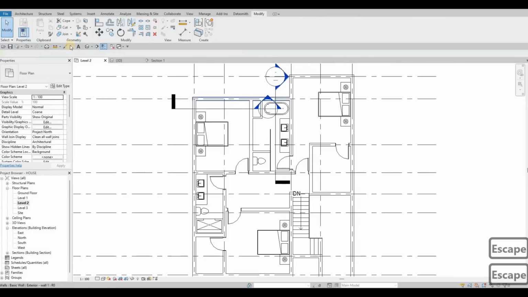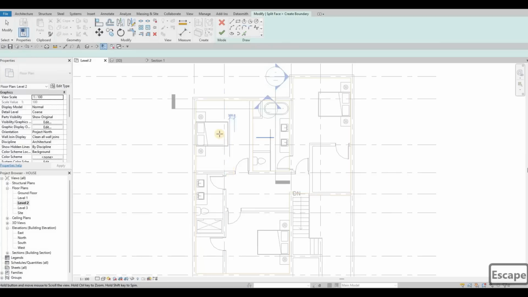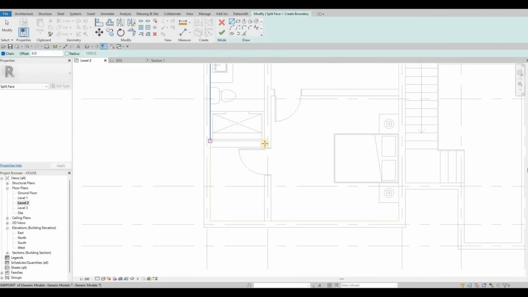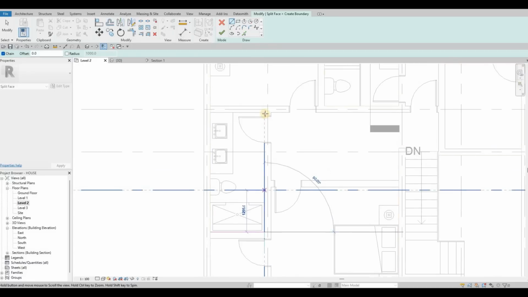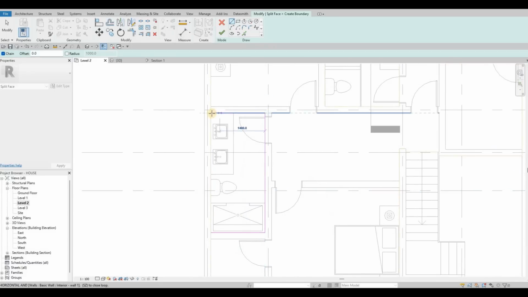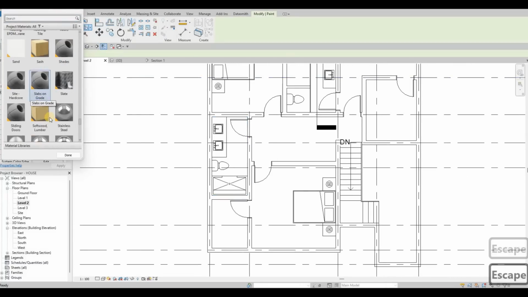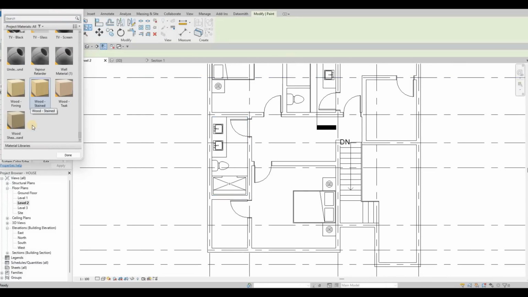So click finish and then split face again for this material right here. So now once we click on paint, I'm gonna put sash,